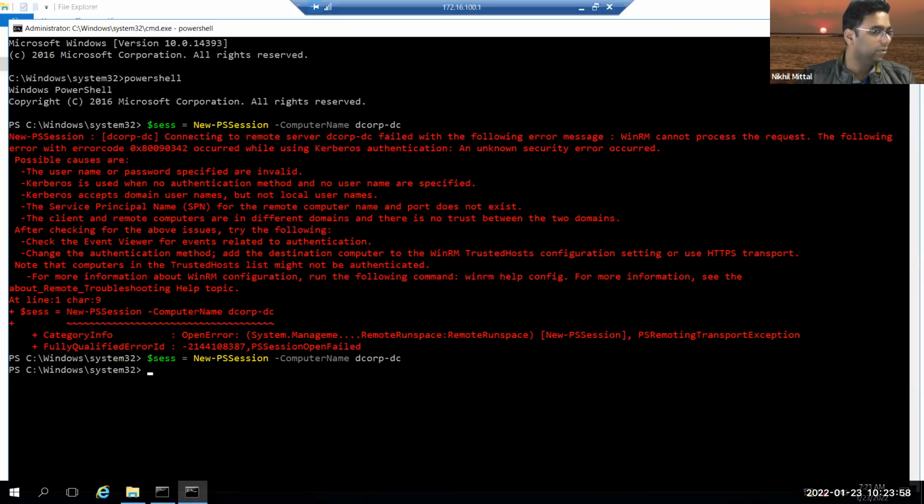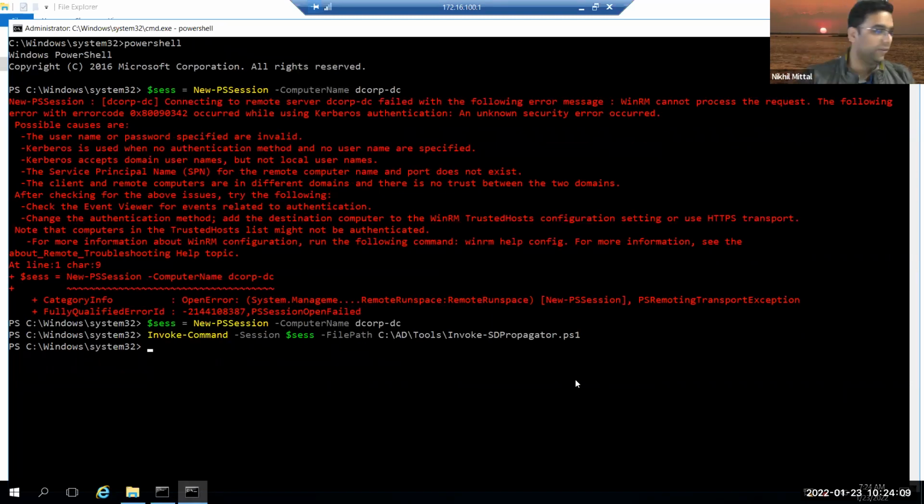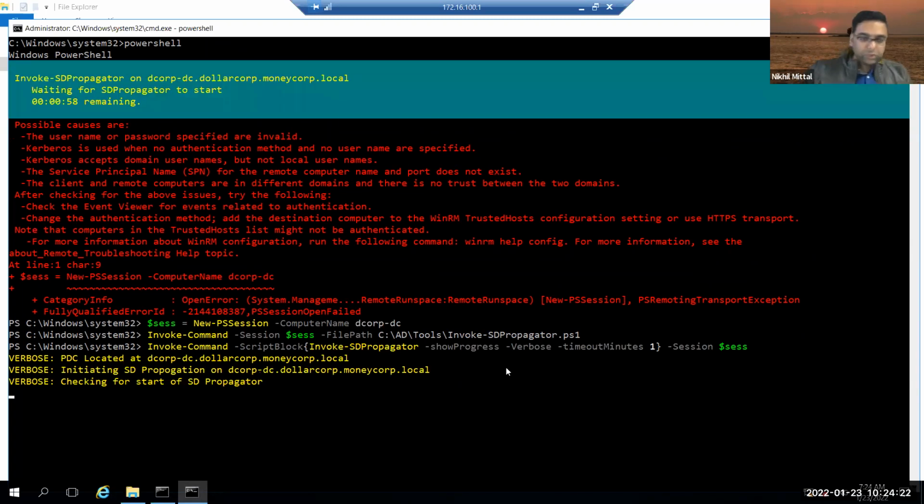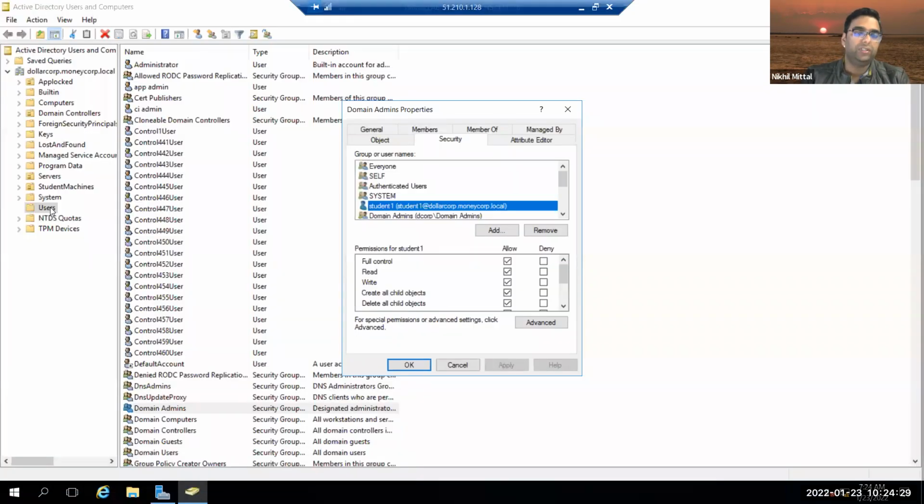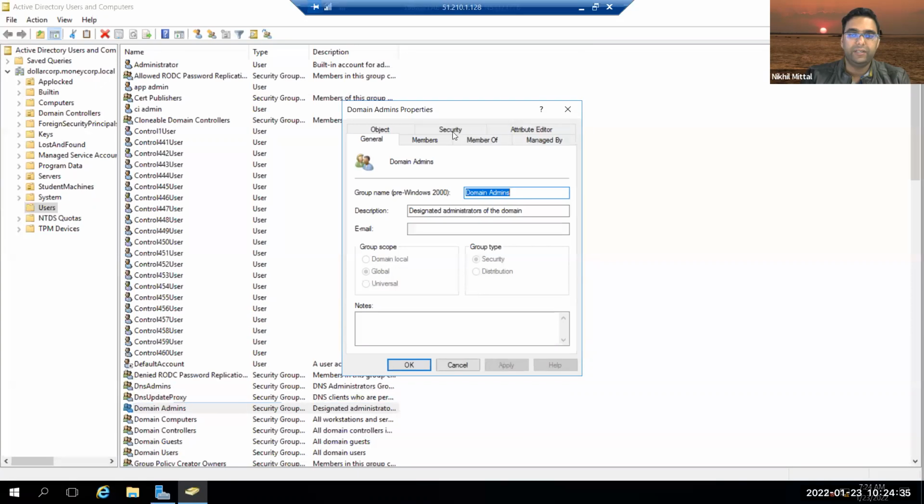And now let's run the propagation. I've opened up a PowerShell session to the DC. I invoke the SDPropagator script, which can run propagation manually. Then let's simply run the command loaded by that script on the DC. As soon as we run this, SDProp reads the ACL from the AdminSDHolder container and overwrites this. So now if I go ahead and open the ACL again,